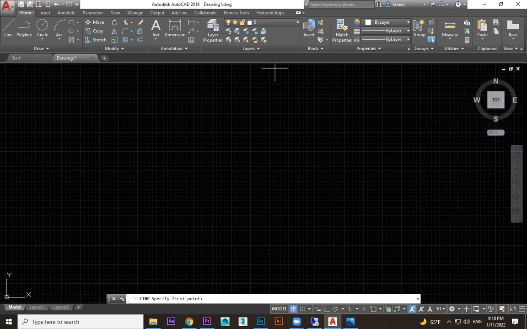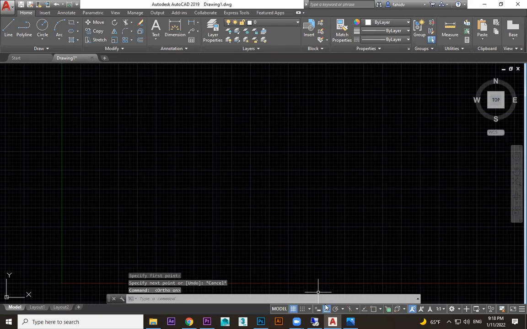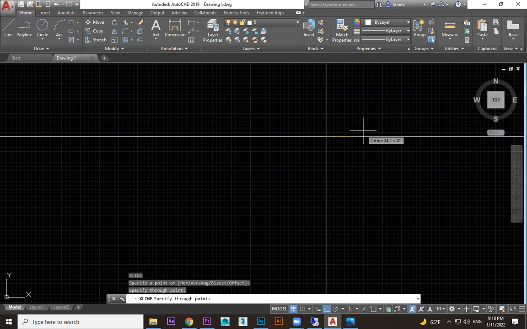Usually we can draw with a line tool like this. If your ortho is on, you get a straight line. Ortho on, then you can create a straight line, correct? So instead of this, I prefer one thing. There is a command, I'm saying XLINE. So you get a straight big line, horizontal and vertical.